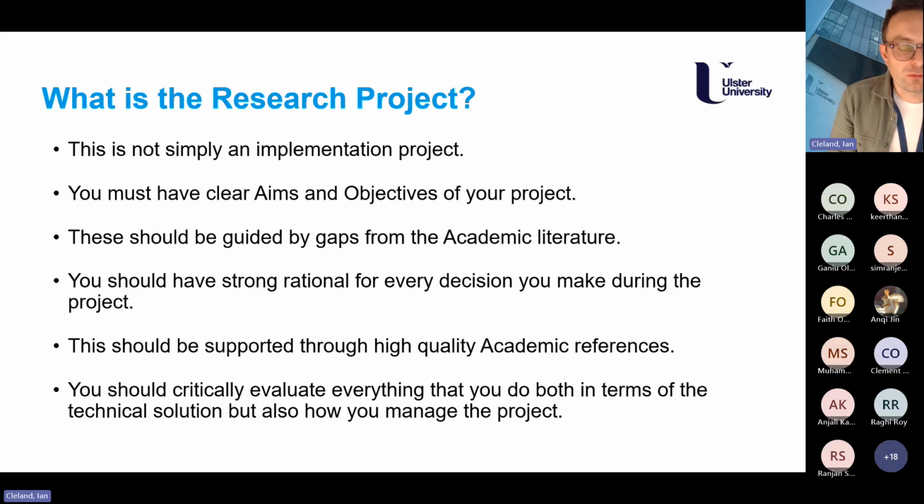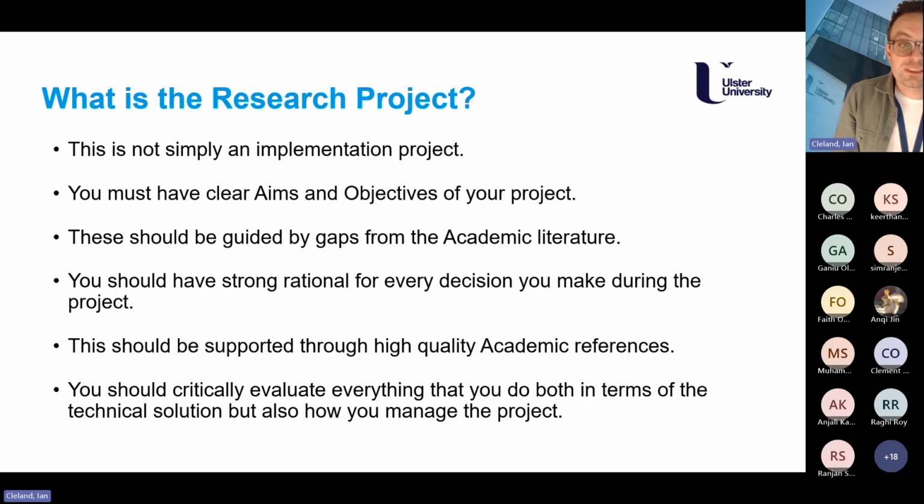When you are putting together those aims and objectives, you should try to put together a strong rationale for every decision that you make. So again, for example, if you're going to apply some type of deep learning algorithm, you want to have a strong rationale for why specifically that type of deep learning, why not a different type of architecture. And it might be the case where you implement not just one architecture, but maybe 2 or 3. And the rationale for that is that, well, these are 2 or 3 common architectures, and I want to try to identify through my research what is the best architecture to apply to this specific problem.